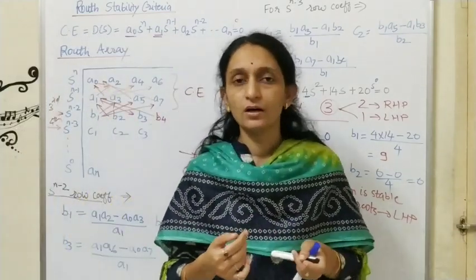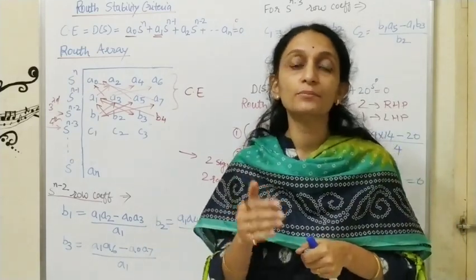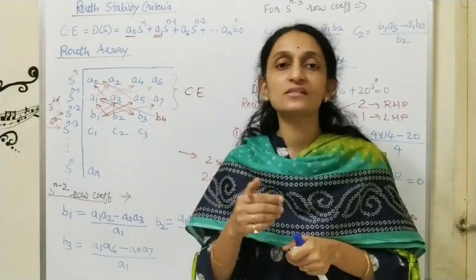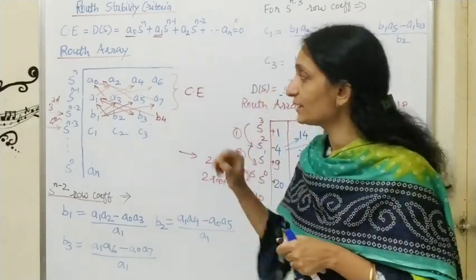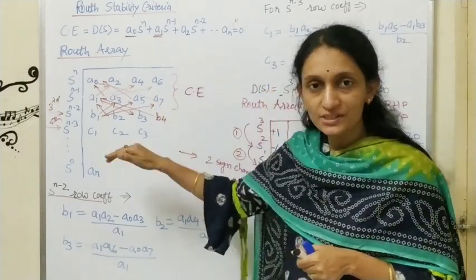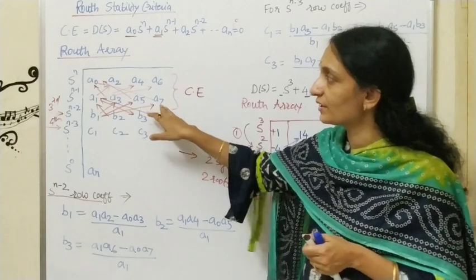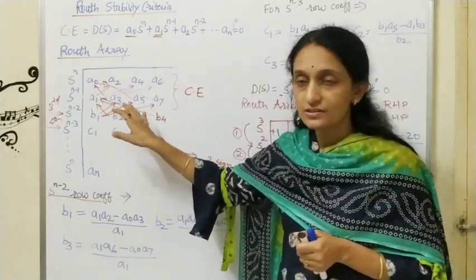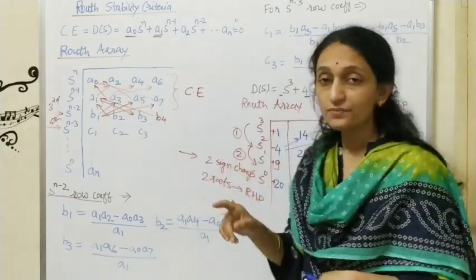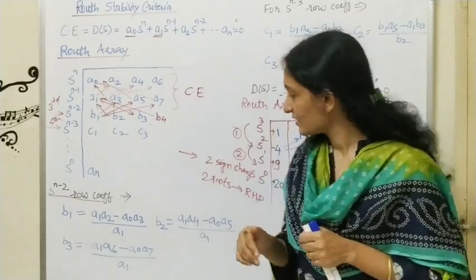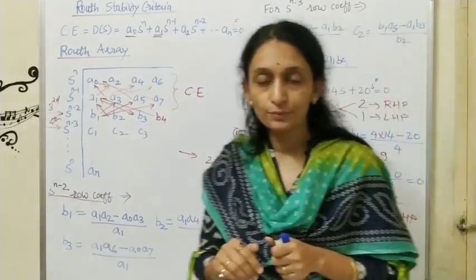In the case of Hurwitz criteria, we cannot calculate the number of roots on the right-hand side if the system is unstable. We can only comment whether the system is stable or unstable. But if you compare the Routh stability criteria with the Hurwitz stability criteria, the important thing is that we can form the Routh array for higher order also. There is no need to calculate determinants, so this is the simplest method. And second, if the system is unstable, you can write the number of roots on the right-hand side of the plane. I hope you got the concept.